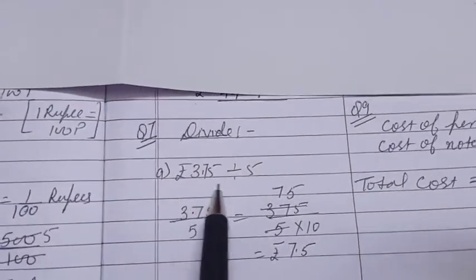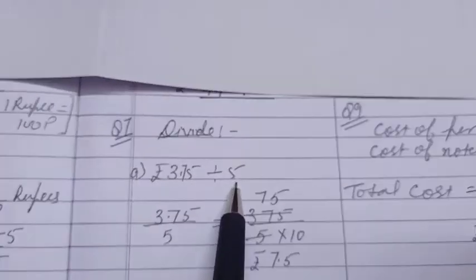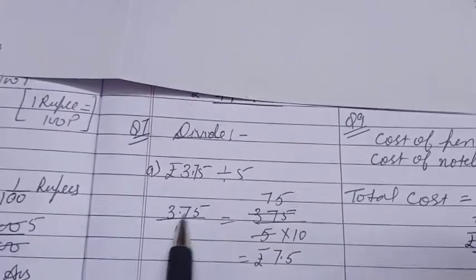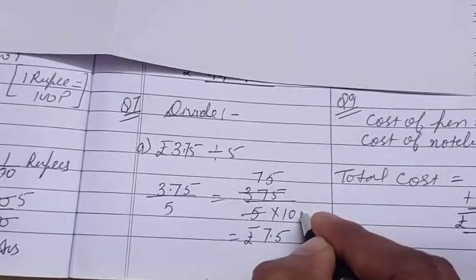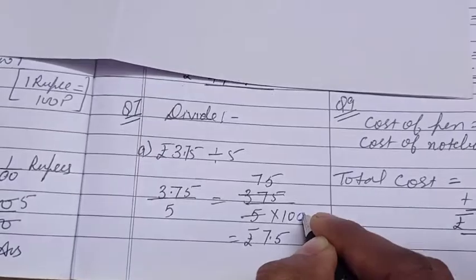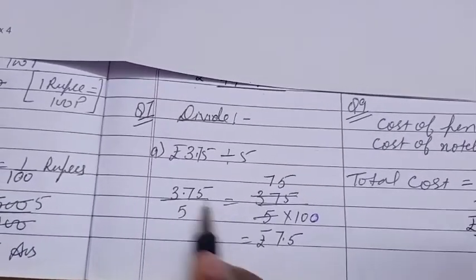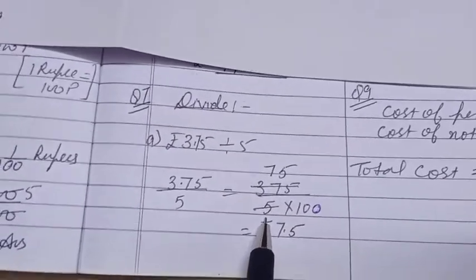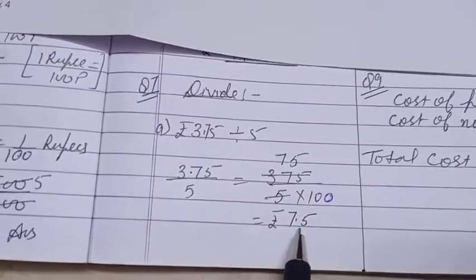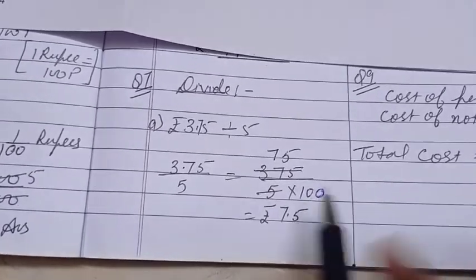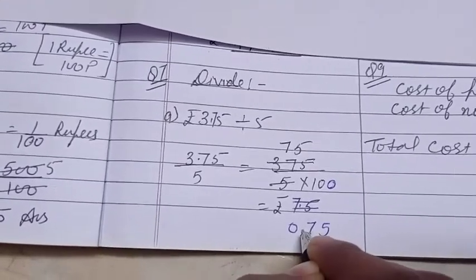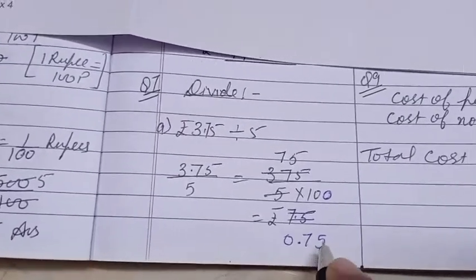Look children, look here. 7th question, you have to divide rupees 3.75 with 5. Clear? So division can be written in this form. Remove the decimal. When you will remove this decimal, children, what will come here? Here 100 will come, because after the decimal there are 2 digits. Clear? Now 375 can be cancelled with the table of 5. Clear? Here when you will divide it, you will get 75. And under that there are 2 zeros. So where to put decimal? It will be 75, leave 2 digits and then put the decimal. This will be your answer.